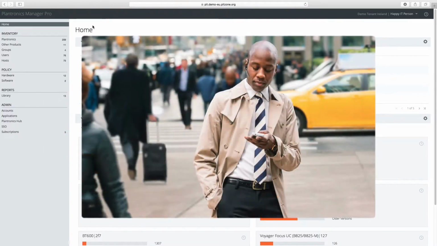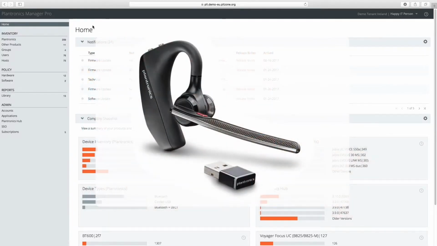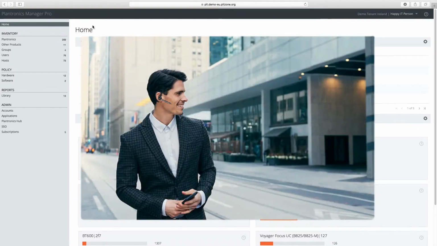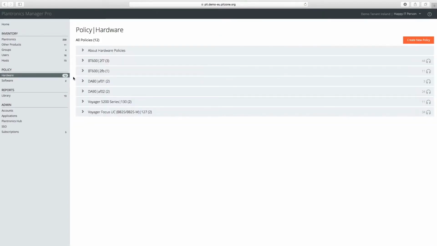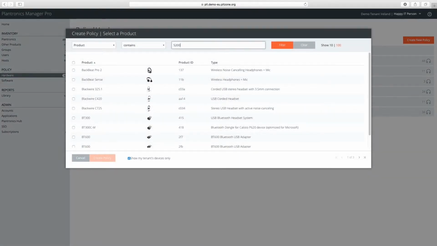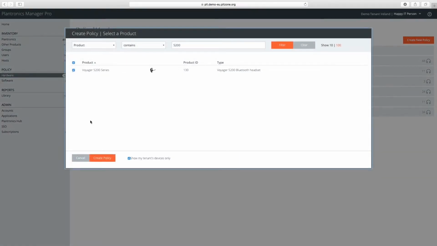Your sales team primarily takes calls on their mobile phones, so you have equipped this team with Voyager 5200 UC. Research indicates that if they are on a call through your UC system and a second call comes in on their mobile, they would like to be notified. In this case, IT would want to configure the device for the second incoming call option from ring once to ring continuously. To do this, simply create a new hardware settings policy that we will call Sales Profile and select the settings we want to change.